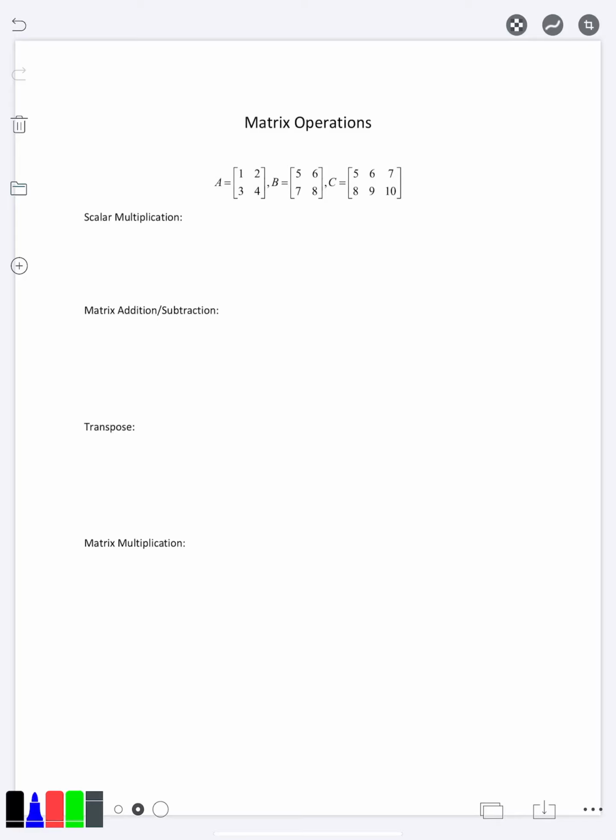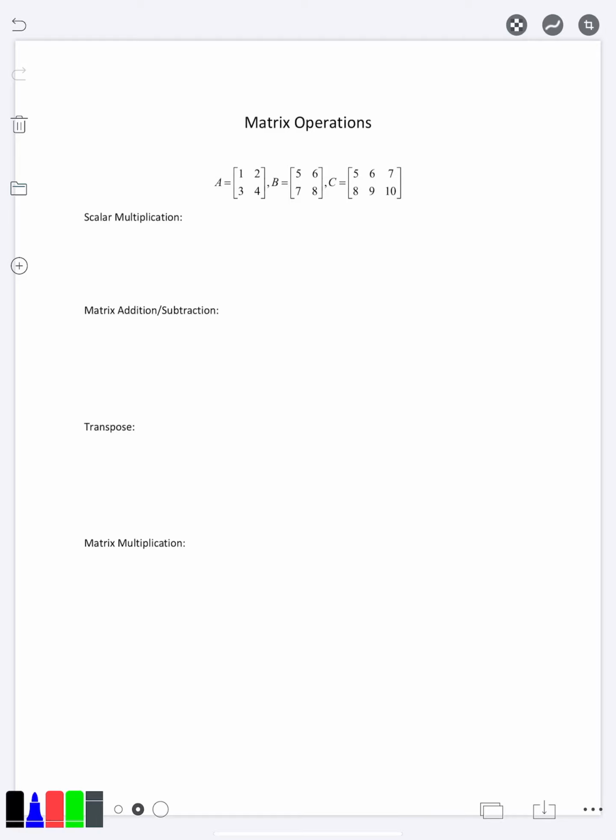We're going to push beyond only using matrices to solve systems of equations, and instead we're going to start considering matrices as their own objects and seeing what we can do with them. And so this video is going to go over some of the standard operations that you can do with a